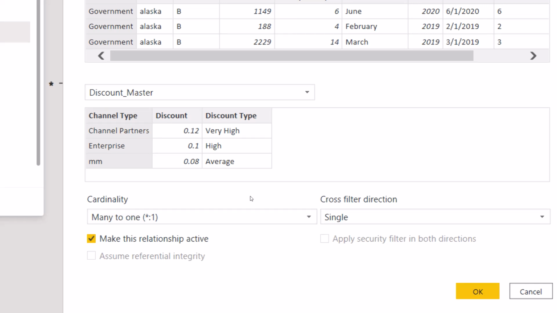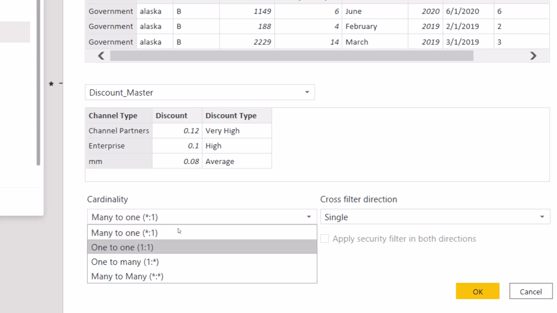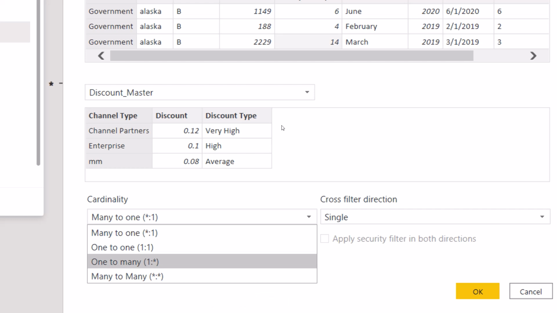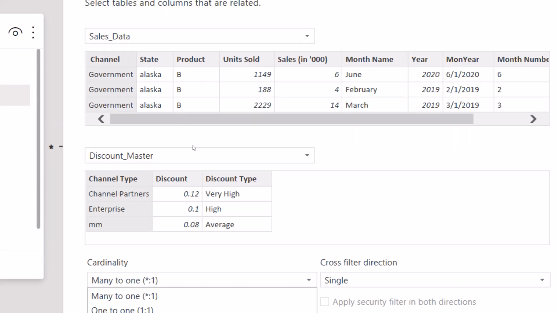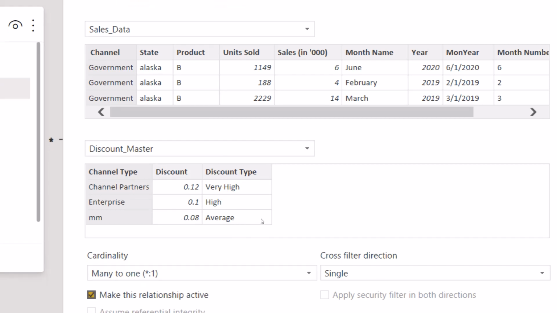There are four types of cardinalities in Power BI Desktop: many to one, one to one, one to many and many to many. Here we have a unique row for a particular channel type and we have multiple rows in sales data. So that's why we have taken many to one cardinality for this particular relationship.